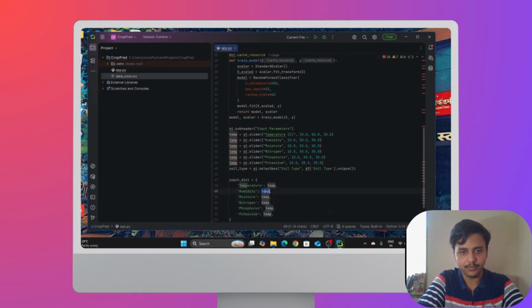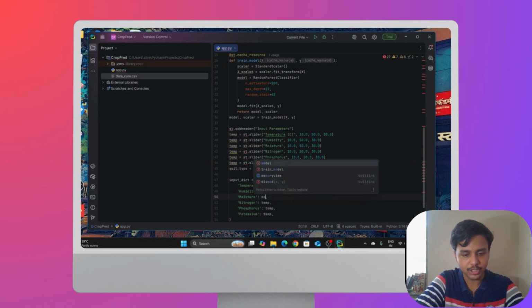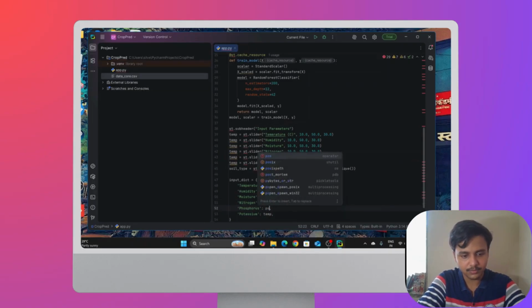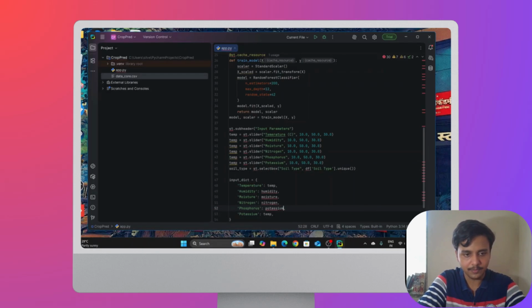So instead of temp, I'll have to write humidity first, then moisture, then nitrogen, then potassium, sorry, it will go below.